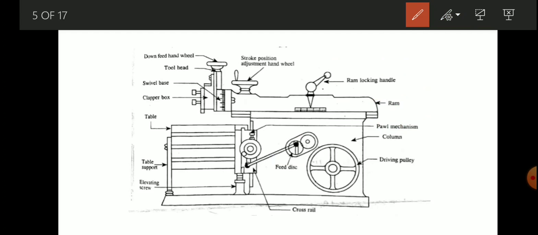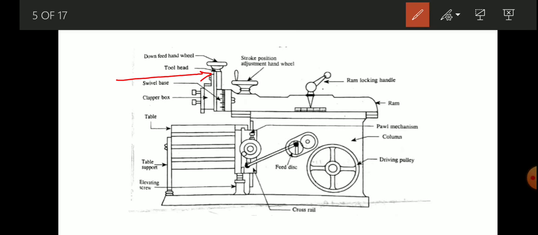Coming to the tool head. Here we can see the tool head. The tool head holds the cutting tool firmly and provides both vertical and angular movement of the tool. It provides the tool an automatic relief during the return stroke.